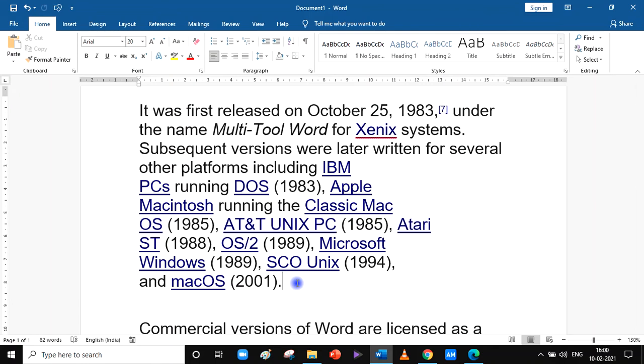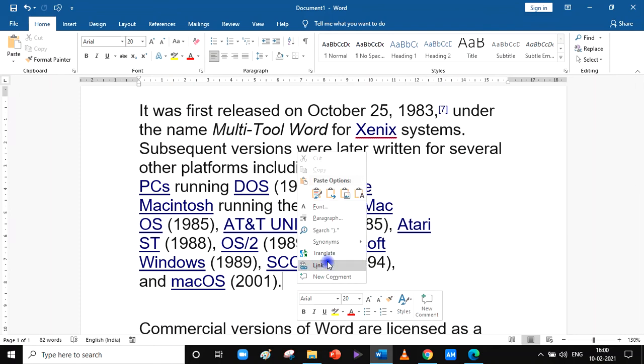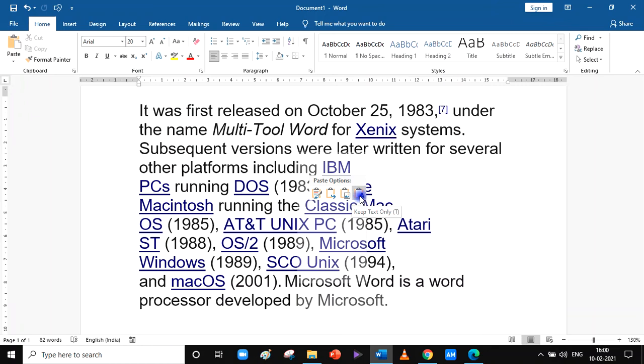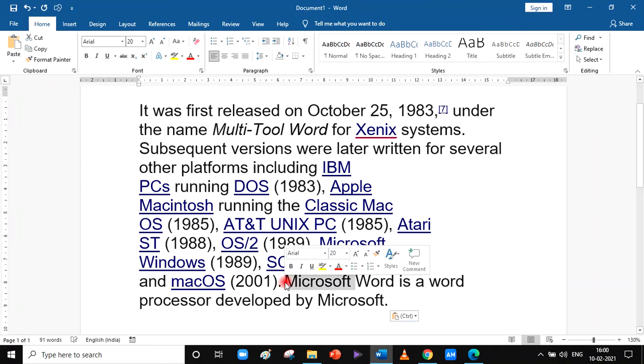So now we will do one right click of the mouse here, and then click the paste option. In the paste options we have some choices over here. We will click on keep text only, and this is how we got our sentence moved from the beginning of the text to the end of our paragraph.